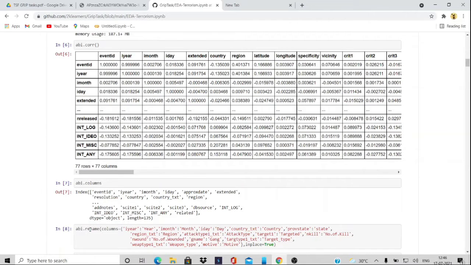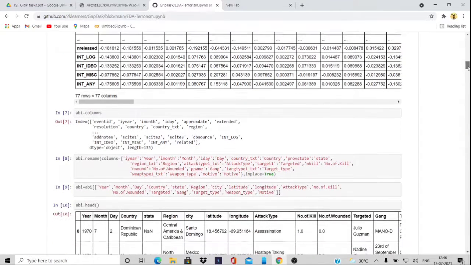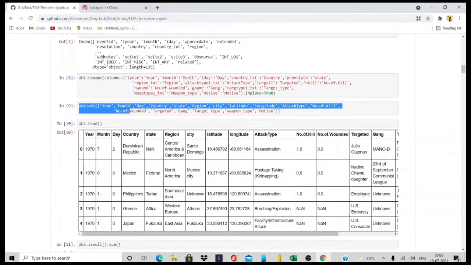Okay, I am renaming particular columns, that is iyear equal to year, imonth equal to month, and so on, setting inplace equal to True. It means it cannot be changed back. These are the particular columns for processing the data. Using head, we have printed the revised dataset,